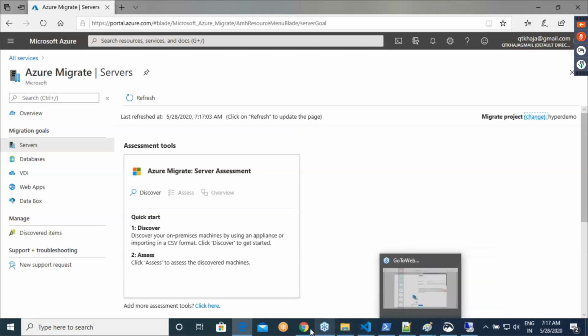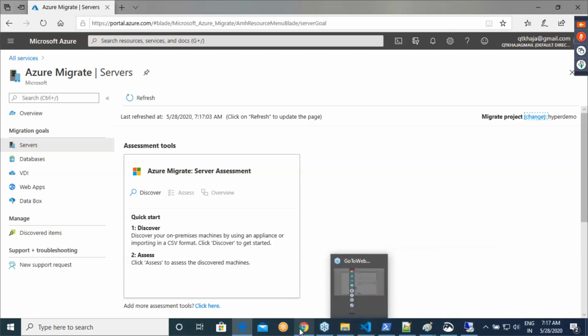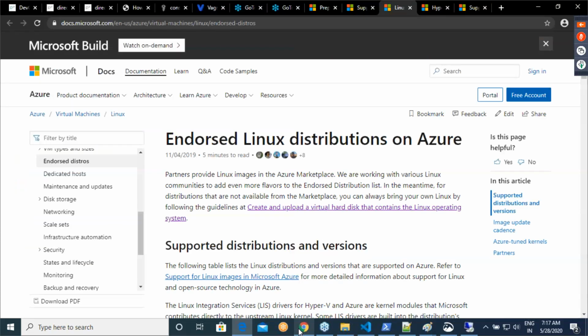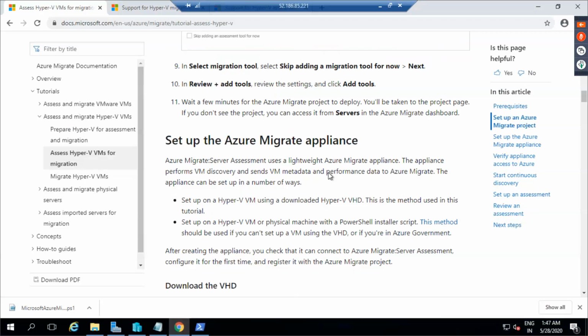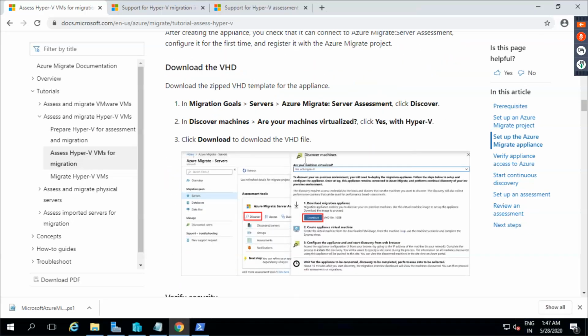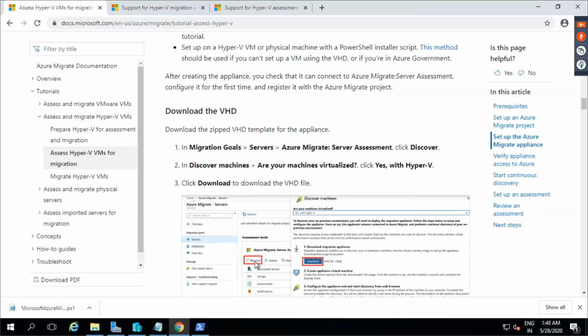For this, I want you to again follow this documentation. In here, it is asking you to go to servers, and in servers discover, and in discover download. And this is exactly what I would also be doing.